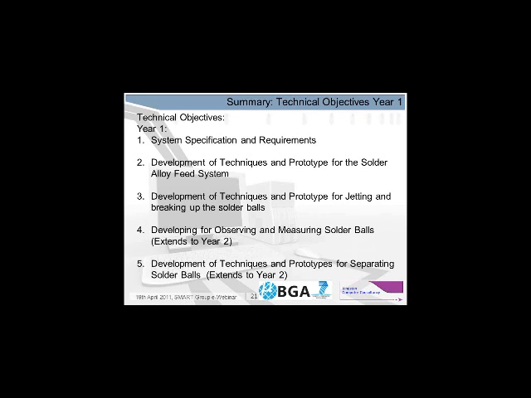During this year, we'll be developing techniques and a prototype for a solder alloy feed system. We'll also be developing a technique and a prototype for jetting out consistently sized micro solder balls, which are separated from each other and allowed to form into highly spherical, very